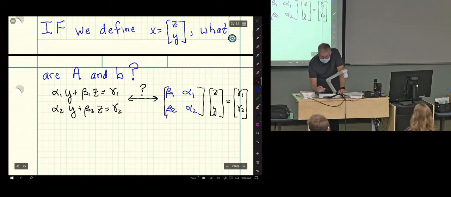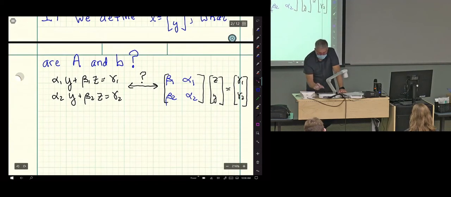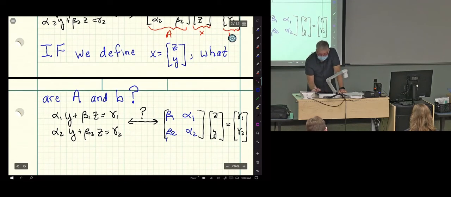And what this means is beta 2 times z plus alpha 2 times y. Okay, so that's how you get the orders. And so order matters when you do the matrices. And the two matrices are not the same,